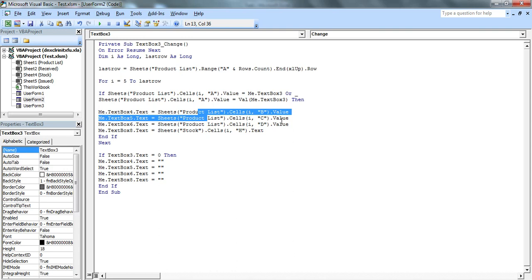So all the values of columns B, C, D and H, and the rows i, will reflect in these text boxes.